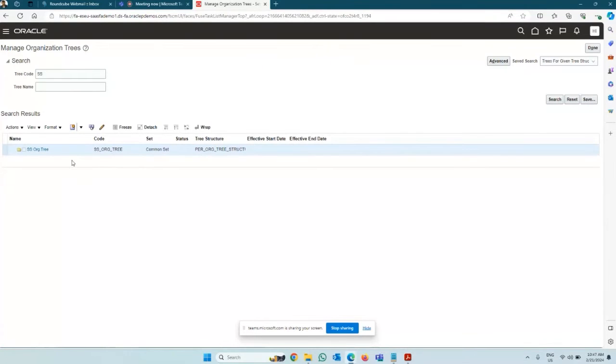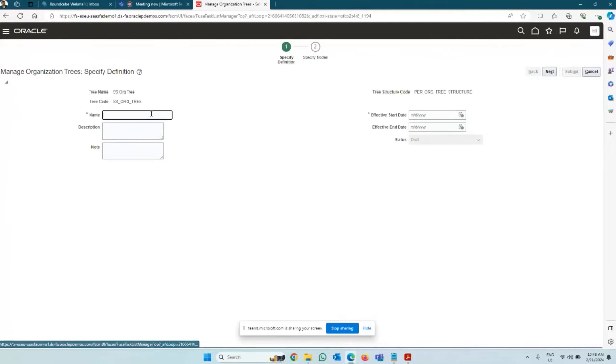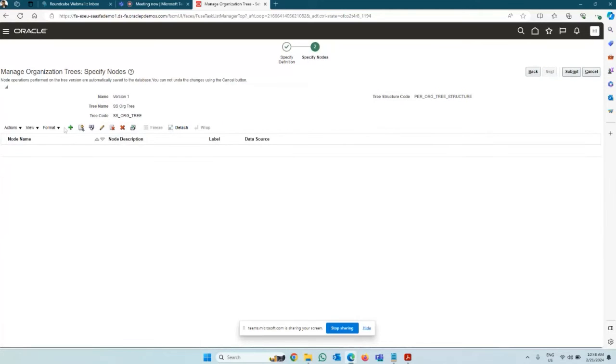So this org tree can be used in recruiting. It can be used in learning. There are other uses for this organization tree. So let's say I create a new tree version 1. Start date 1/1/1951. Next, I add the node,